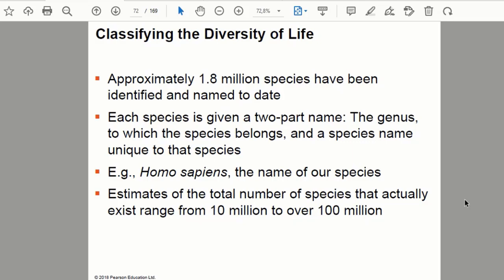So this means that every individual, like a fly, or something else, like a lizard, or a bird, a lot of species of birds, or bats, there are a lot of species of bats, are classified and named. That's why, when somebody is studying, let's say you are studying locusts,